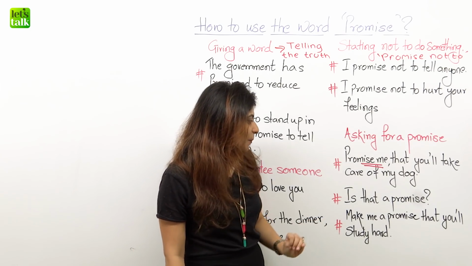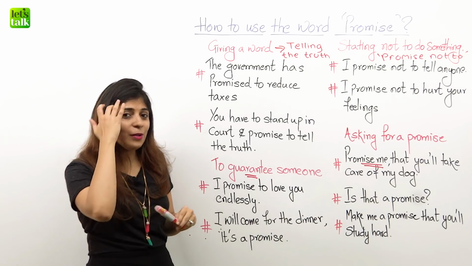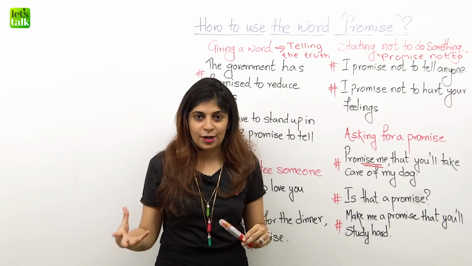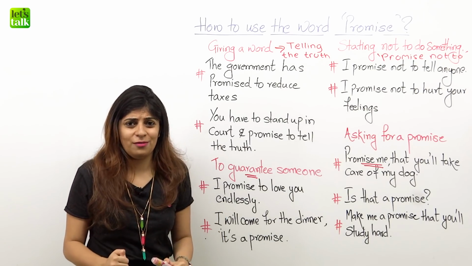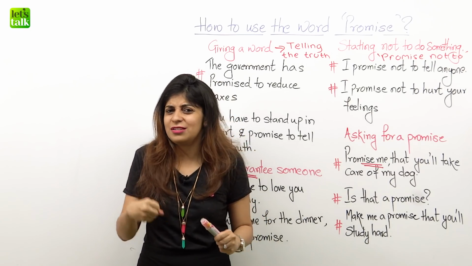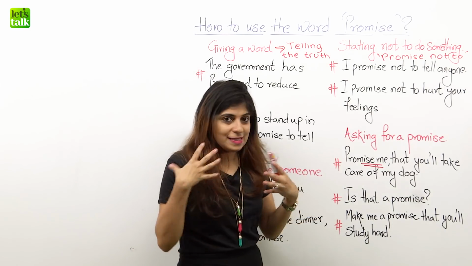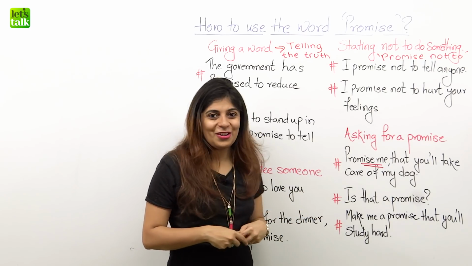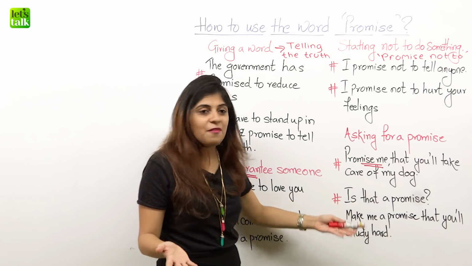The second example is, is that a promise? Okay, now there are people who sound pretty certain, but you are kind of unsure with whatever they just said. You're just not very sure about that. So to assure yourself, well, what are you gonna ask? You're gonna ask for a promise. So keep it very simple.